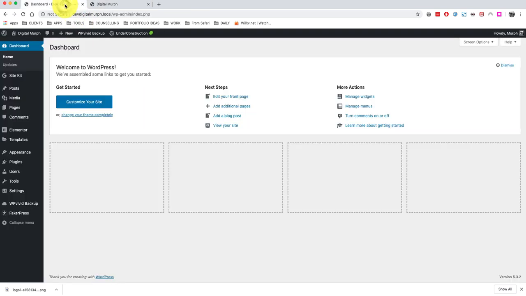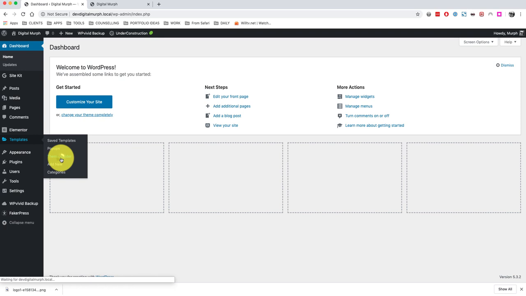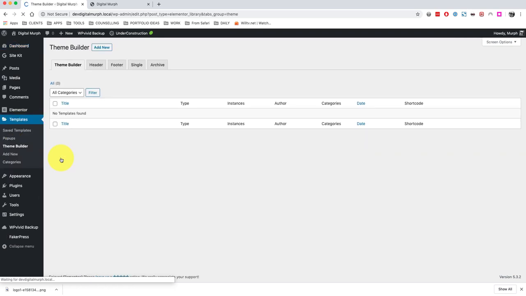So to begin, let's go to the back end of WordPress. Now you should note that to do this you need the Pro version of Elementor. The Theme Builder isn't available in the free version. So once you have the Pro version installed, you'll go to Templates and Theme Builder, and you can see some options here: Header, Footer, Single, Archive. These are the main different types of template you can build with the Theme Builder. We're just going to go for a header for now